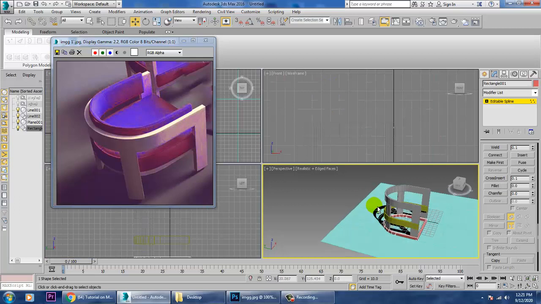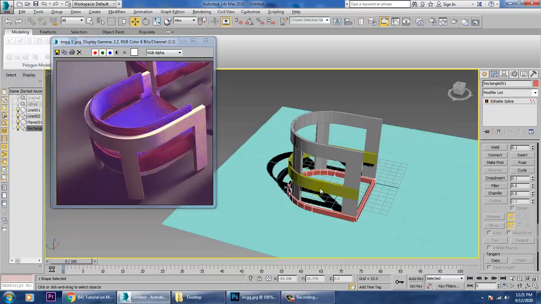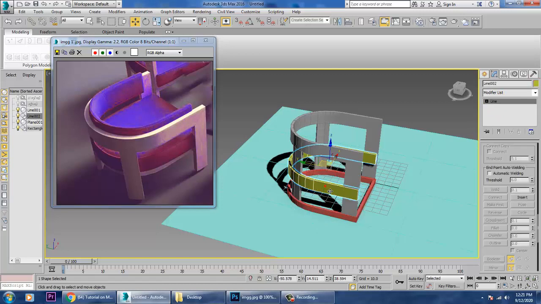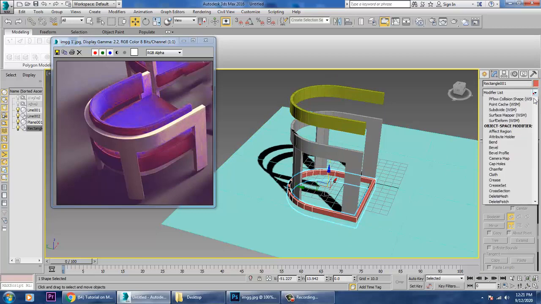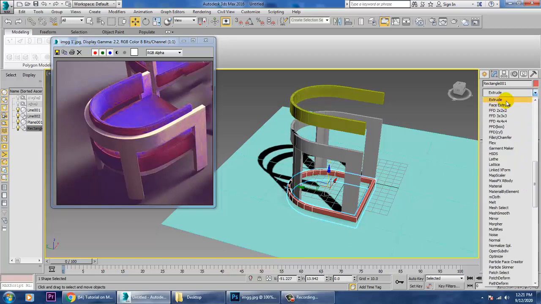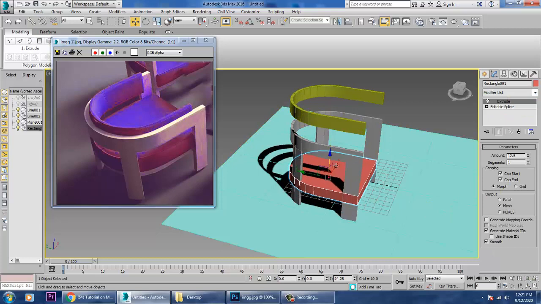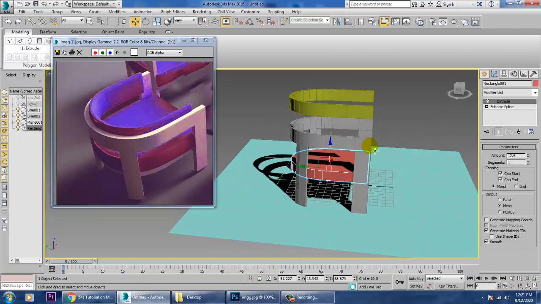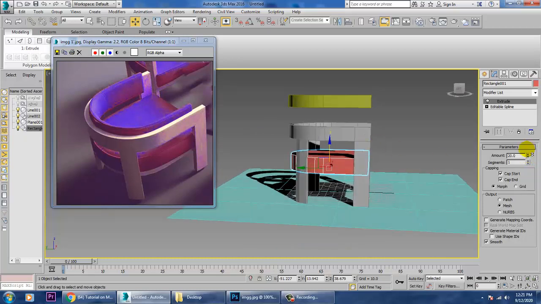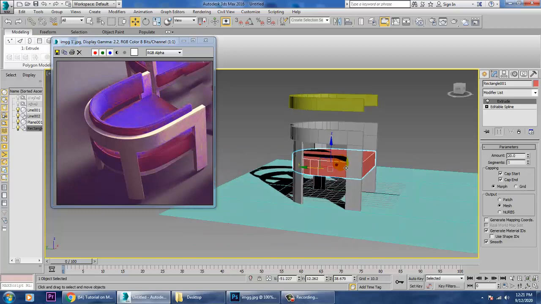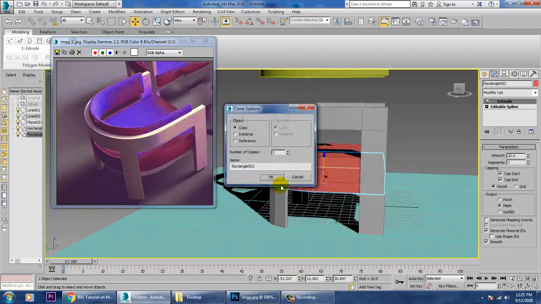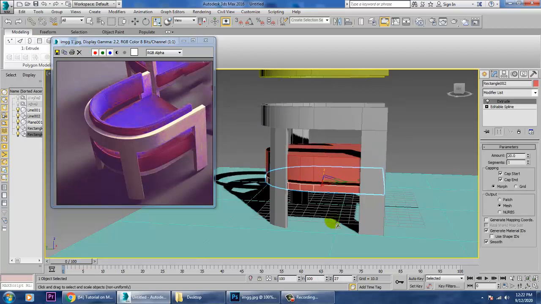So select this, we can just keep it for here now. Select this and let's give an extrude modifier and we can just push it up. So before we push this up, we can just scale it a bit and just increase its height over here. So you can easily increase its height over here, and make sure you are again duplicating this down and just scaling it and pushing it on top of it.